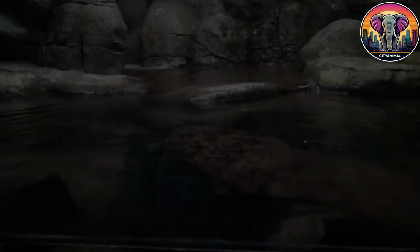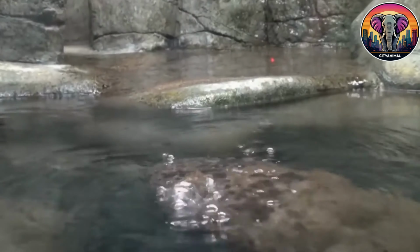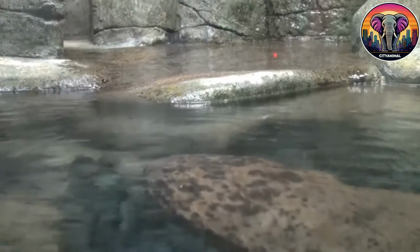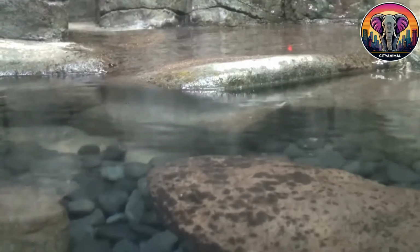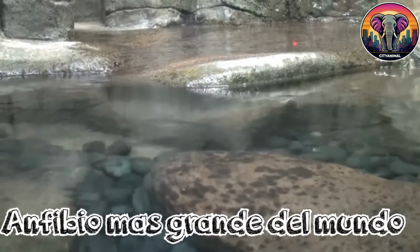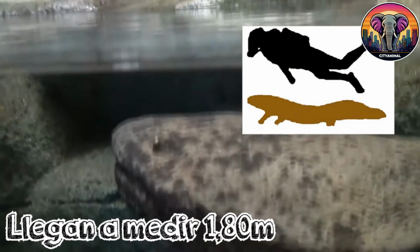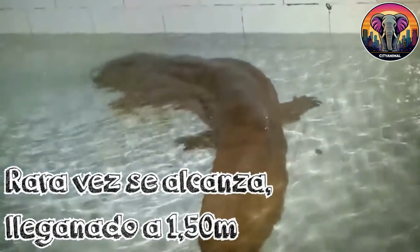Some living species are specimens that have inhabited the Earth for millions of years, making them living fossils. One such example is the Chinese Giant Salamander, an amphibian that has changed very little over time. It belongs to the order Caudata and is, in fact, the largest amphibian in the world. They can measure up to 5.9 feet, including the length of their tail. Although this size is rarely reached, they typically average around 4.9 feet and weigh between 66 and 88 pounds, 30